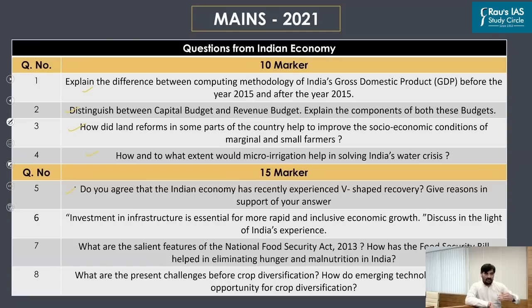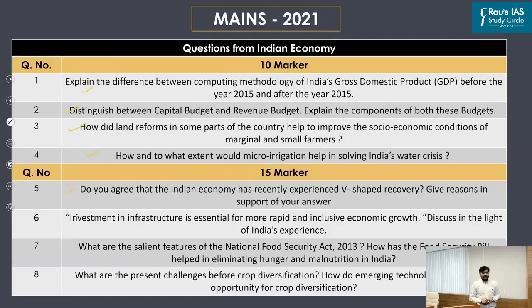So because of the economic slowdown, this question was asked as to whether the Indian economy is having a V-shaped economic recovery. This topic of V-shaped economic recovery was a recurrent theme in the newspapers. So this question, even though not explicitly mentioned in your syllabus, has been directly picked up from current affairs. Next one,